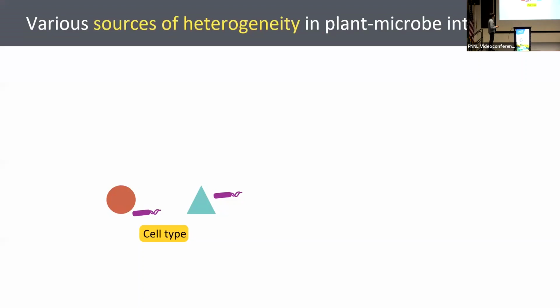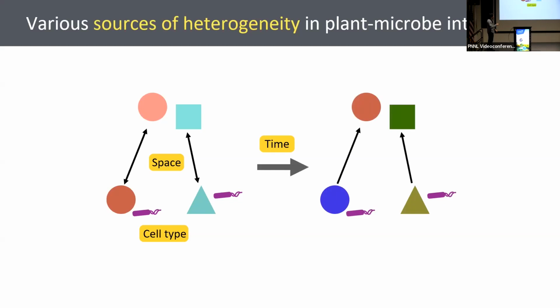by pathogens. Here, I wanted to explain a little more about the various sources of heterogeneity. First of all, plants are made of different cell types. Each has a distinct molecular system to respond against pathogens. And then cells can communicate with each other. Such cell-cell communication can be affected by spatial coordination between cells. And over time, each cell can change its responses. Also importantly, pathogens can change their distribution or activities, further affecting the cellular responses in a heterogeneous way, making